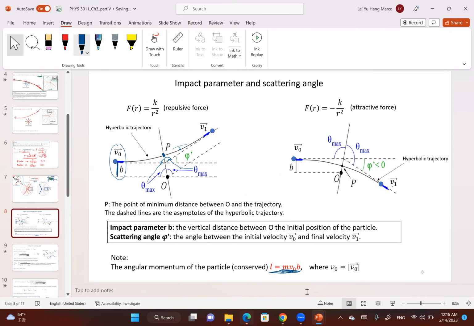So now I want to find out the orientation and the shape of the hyperbola. So as I said in the beginning,